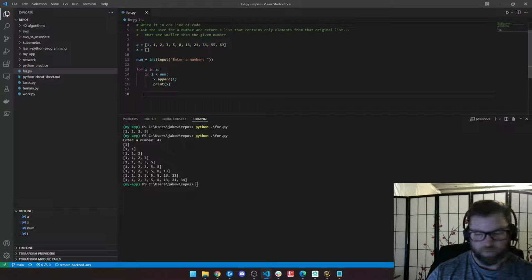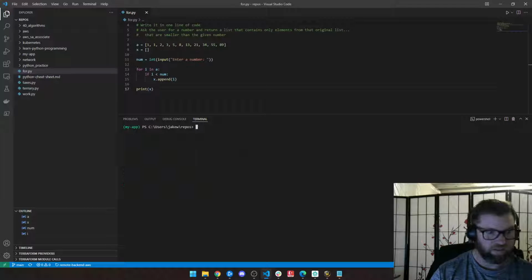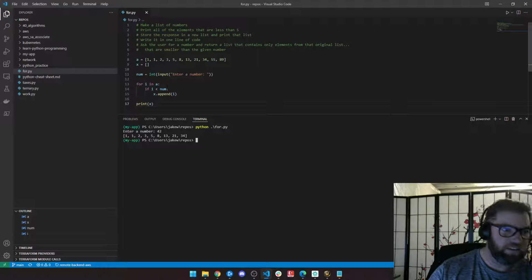And oh, this is from my old example. So we actually need to take this print statement and we need to break out from the loop. So we can just print one time, 42. There's my list. Clear as mud. Got it? Okay, so when you use for loops, there's usually some sort of